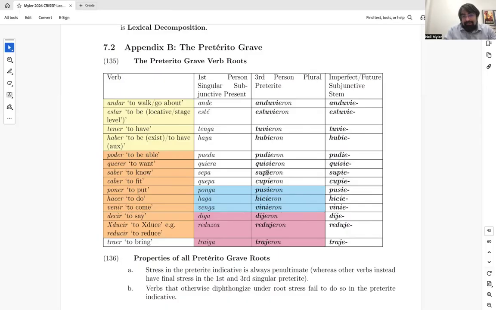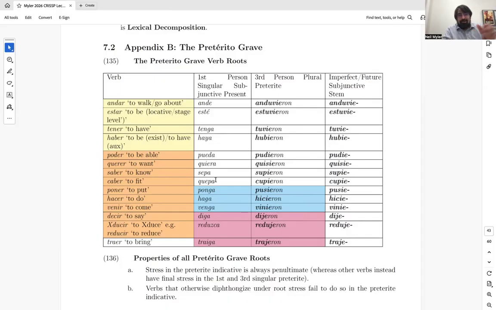In the Pretérito grave forms, I've already told you where the floating feature bundle comes in. That's the realization of the verbalizer for the vowel raising class, right? Saber and caber, in addition, have a floating feature bundle that's realized in present tenses, which is stripped out if the next vowel along is minus back. But if it's not stripped out, then it is imposed on the melody in the stem, and that gives you sepa and kepa from underlying